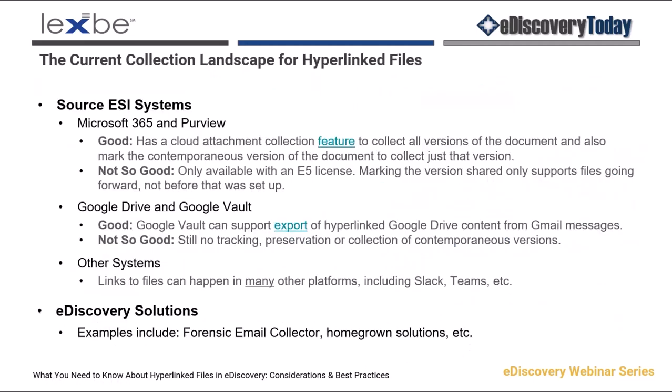Now let's discuss the current technological landscape, starting with collection. And we'll begin that discussion with the source ESI systems, primarily M365 and Google. The good news is that M365 and Purview have had a cloud attachment collection feature for a couple of years, which will not only collect the current version of the document, but it will also collect all versions of the